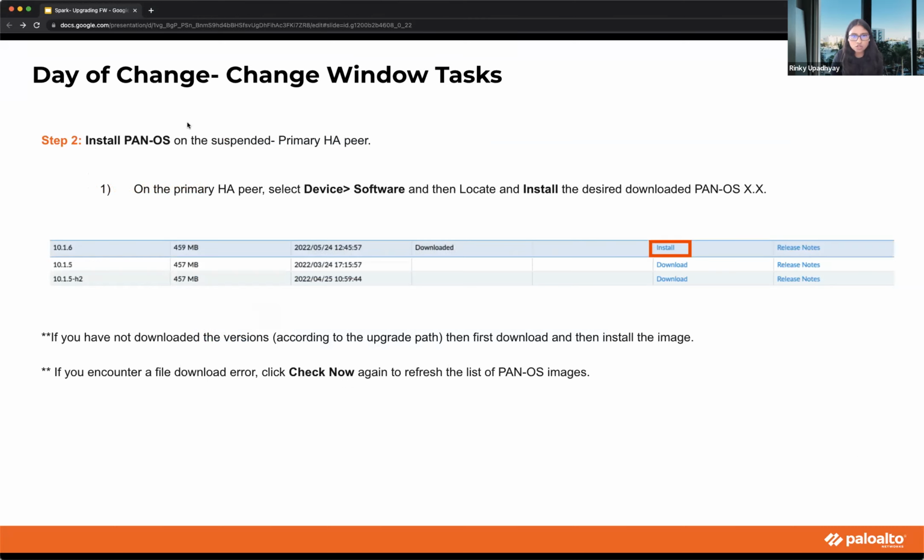Now you start installing the PAN-OS versions for the primary firewall. Go to the device software. If you have already downloaded, you can click on the install. If you have not downloaded, then according to your upgrade path, which you have already verified, start downloading and then